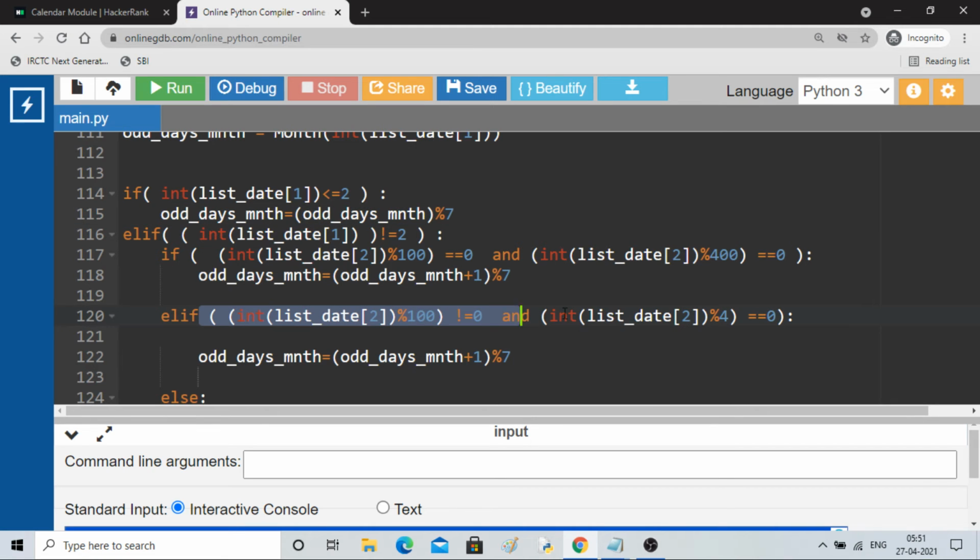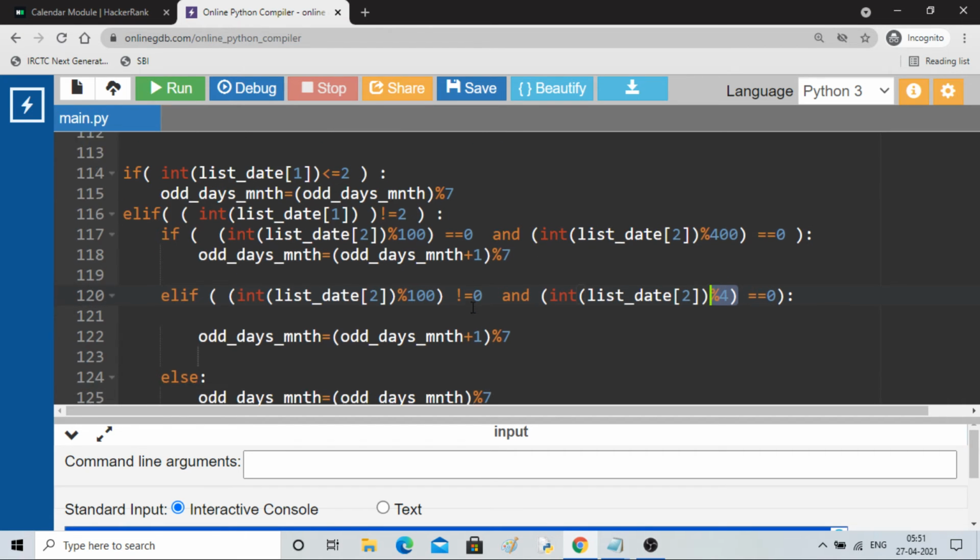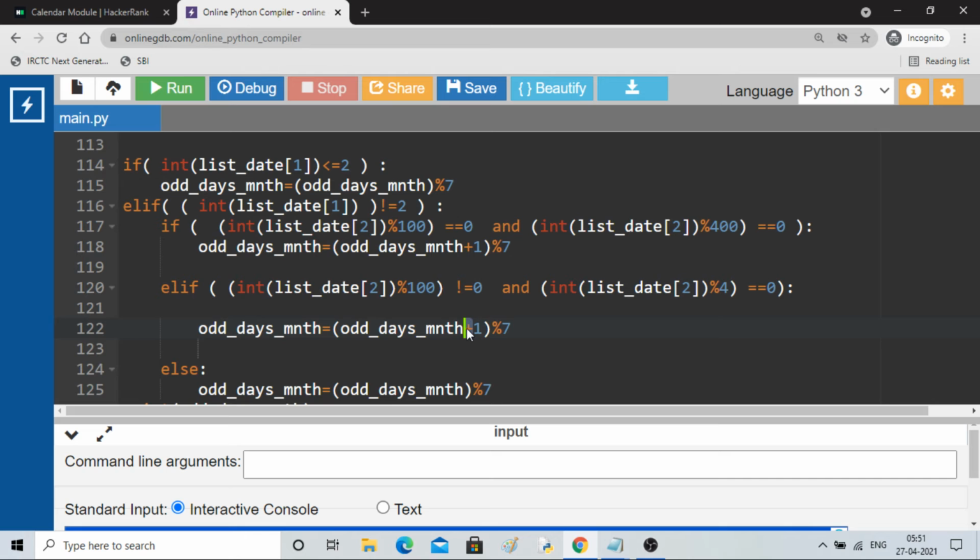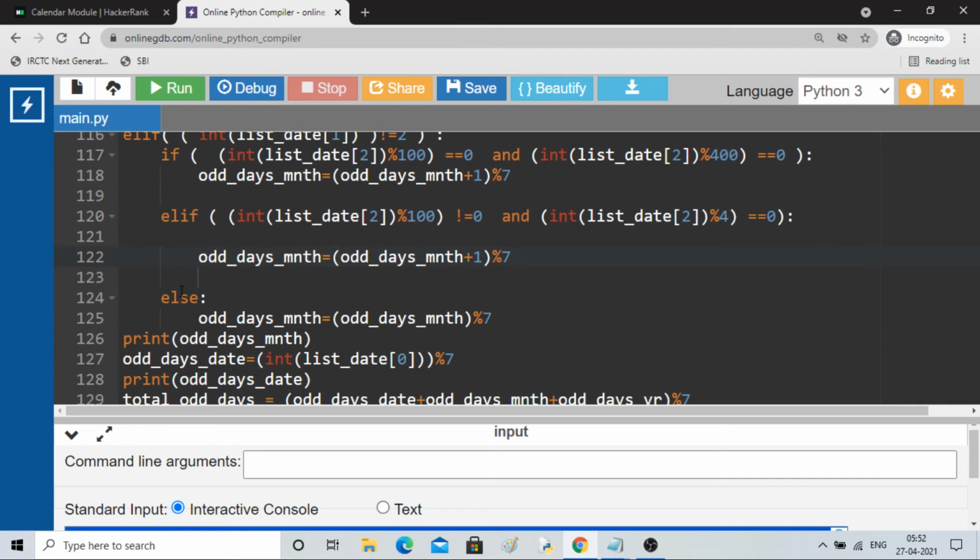And in the else if case, it is checking whether the given year is not divisible by 100 and is divisible by 4. You can see here, it will add 1 then also. And the last is the else case: it will divide by 7 without adding 1, and then you will get the odd days in a month.